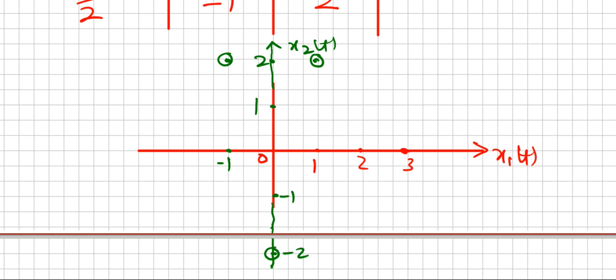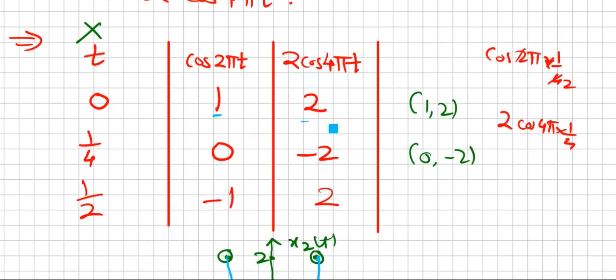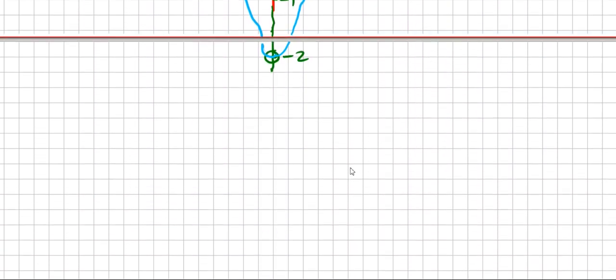Now I can plot the correlogram. So this is the correlogram graph. You can have more points to plot the correlogram. So this is the expected correlogram plot. Okay. So forget about this first column. You get the coordinates here, 1, 2, 0, minus 2, minus 1, 2. Just plot these coordinates like xy coordinates. You will get the correlogram. So very easy technique to plot the correlogram.